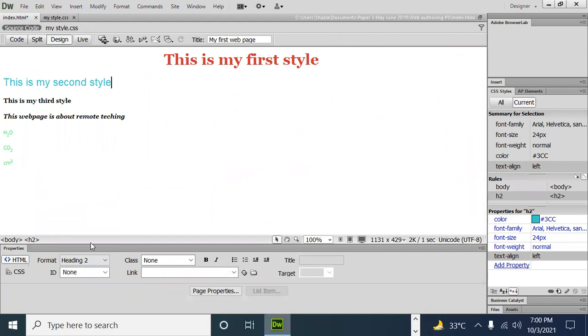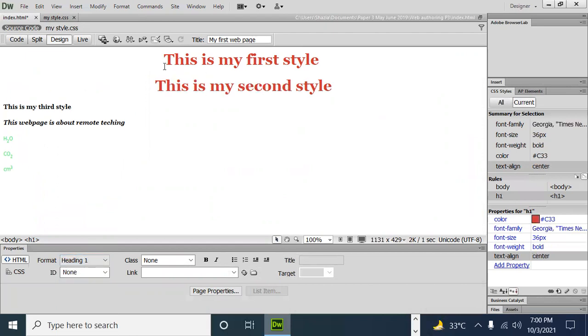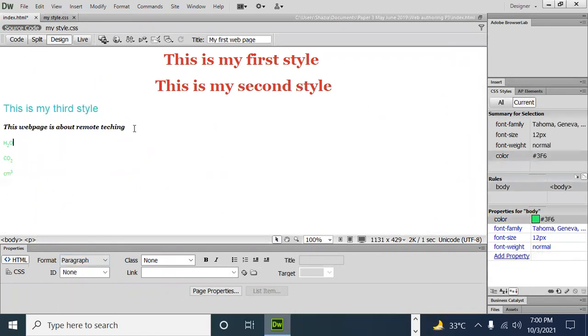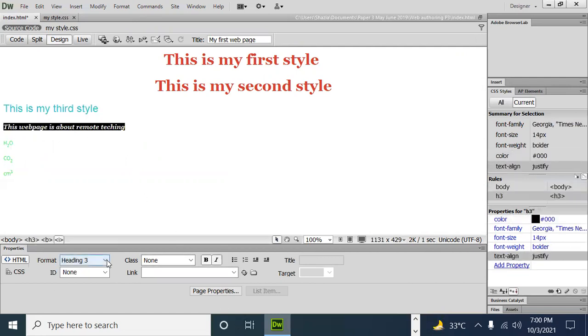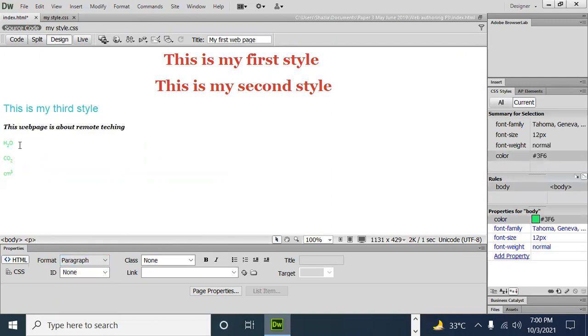Now my H1, because the tag I designed is H1, this. So this one was H2. So this is H3. My tag is H3, and whatever I write here, this is all about body color. Here it comes under this.